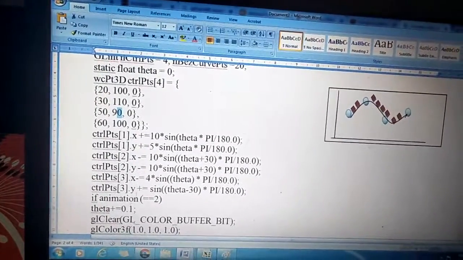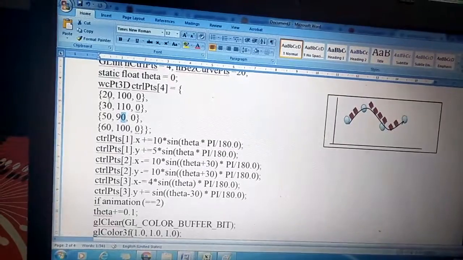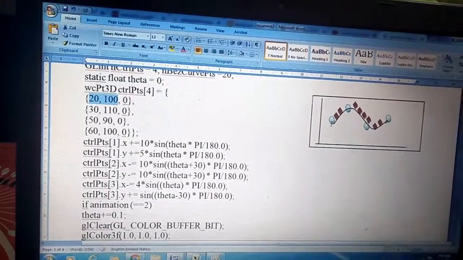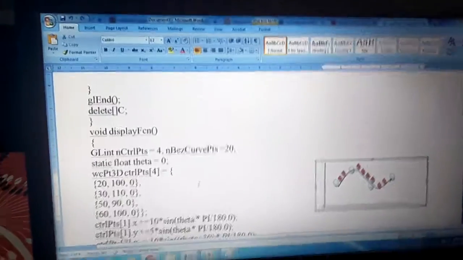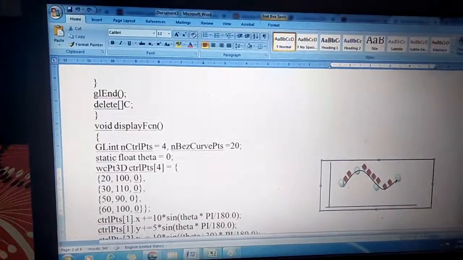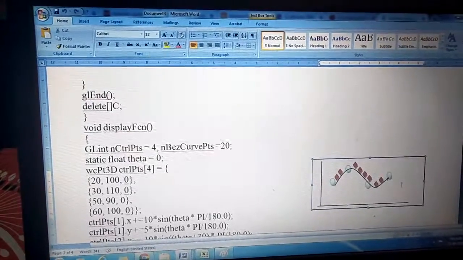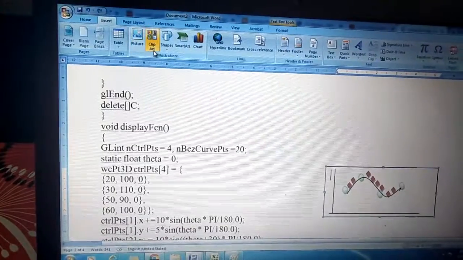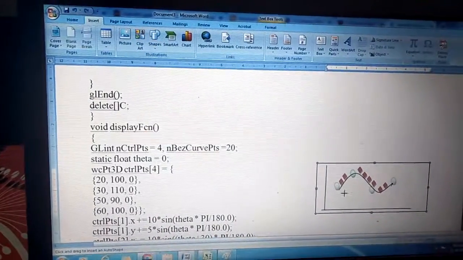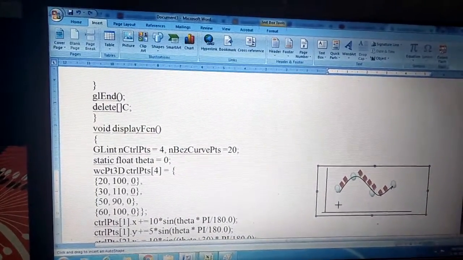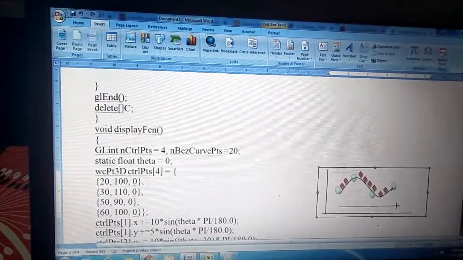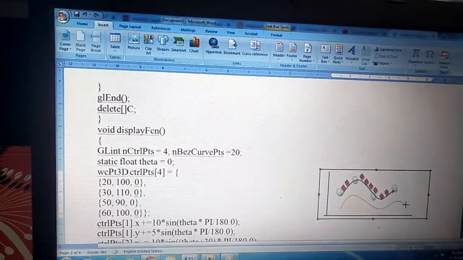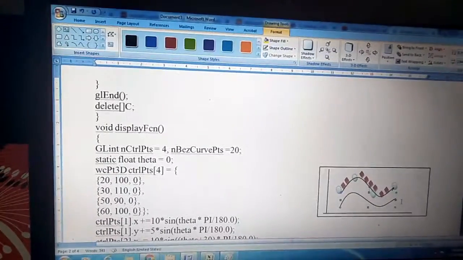So can you make an observation here? I am not taking control point of 0, means I am not touching this 20 and 100, because that remains fixed as it is. That is the first blue point and the remaining points keep altering. Just like a curve, let's assume I have drawn a curve here, something like this, considering the 4 control points.